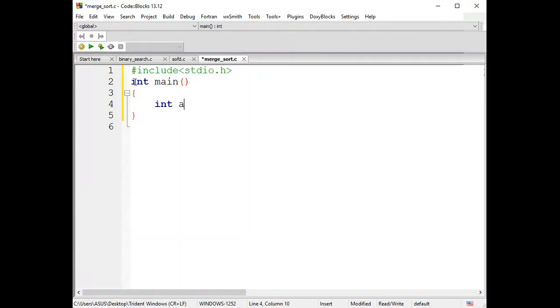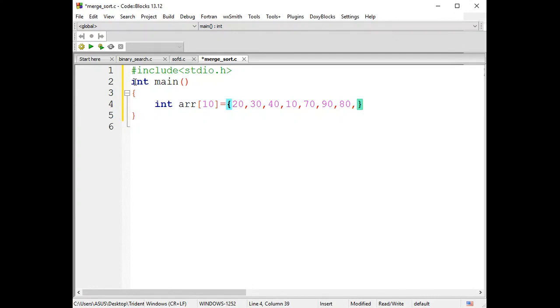So let me declare an array with size 10. And right now let me initialize the values here, guys: 20, 30, 40, 10, 70, 90, 80.